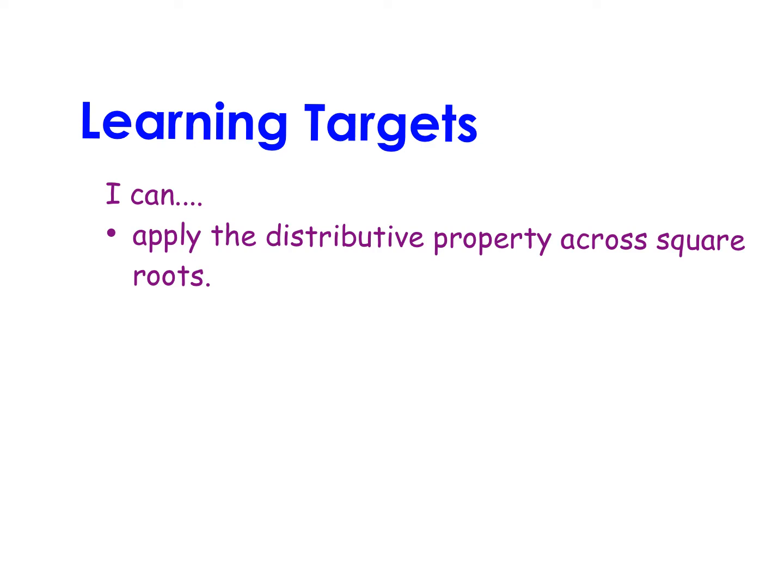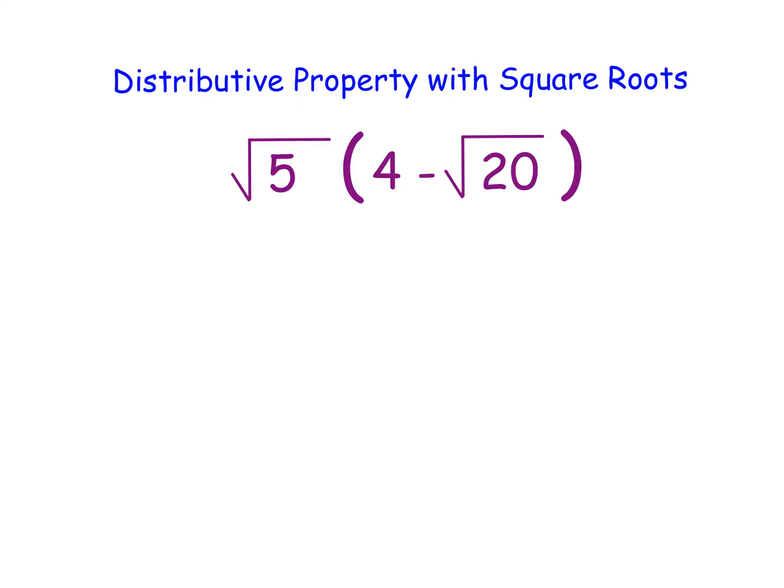In this video, we'll be learning how to apply the distributive property across square roots and how to then simplify those expressions. So let's just jump in and look at an example here. If we look at this example, we know that the distributive property applies because we have a number out in front of parentheses, and there are two things being subtracted inside of the parentheses. So we know that we can distribute by taking that square root of 5 and multiplying it by each term